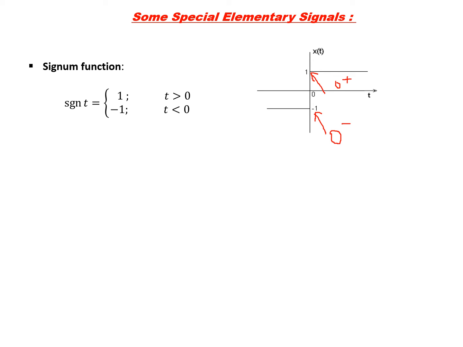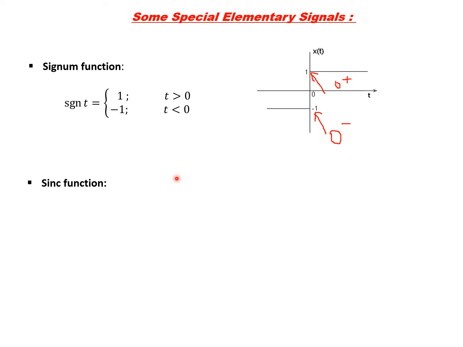The notation for the signum function is sgn. Signum as a function of time is 1 for t greater than 0 and minus 1 for t less than 0. For t equal to 0, it is actually undefined because it has many different values. There is a discontinuity, no? Whenever there is a discontinuity, it is undefined. So for practical purposes, we can take x at 0 as 0, x at 0 plus as 1, and x at 0 minus as minus 1. But what are 0 plus and 0 minus? It is not mathematically defined, only practically we can visualize this, that's all. So this is all about the signum function.